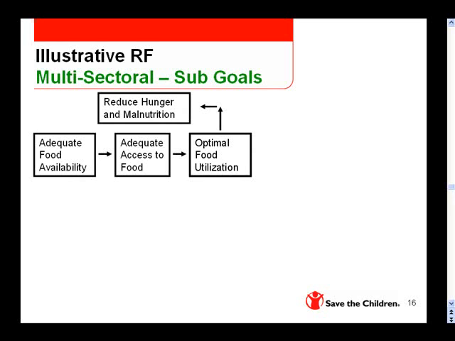This is yet another example, but of a multi-sectoral program that includes a goal in terms of reducing hunger and malnutrition, with 3 sub-goals in terms of adequate food availability, adequate access to food, and the optimal food utilization. When we're talking about the optimal food utilization, for instance, the strategic objective would be to increase the use of key maternal and child health and